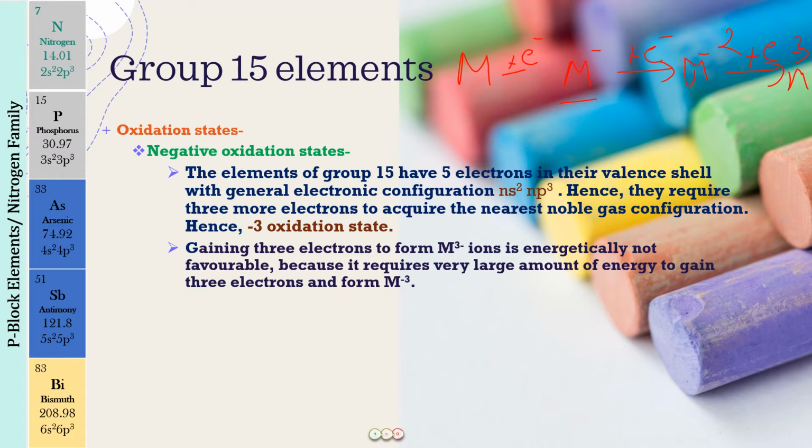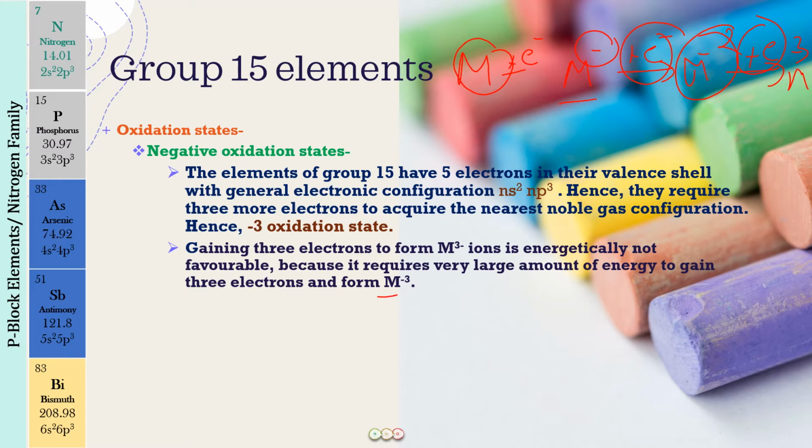Because here, first of all, it was a neutral atom. It allowed the entering of an electron. But now the number of electrons has become high, right? So these are going to repel the incoming electron, and then it is going to be still more high, and this will be repelling the electron further. So we will have to force that incoming electron by supplying energy, and therefore the gaining of 3 electrons is energetically not favorable. We have to supply a large amount of energy to convert a neutral atom into M3 negative.